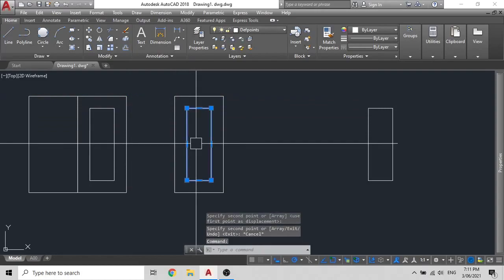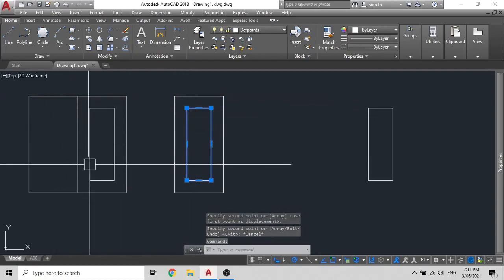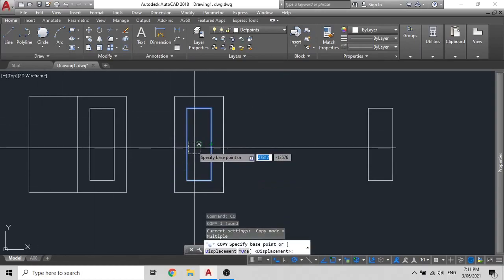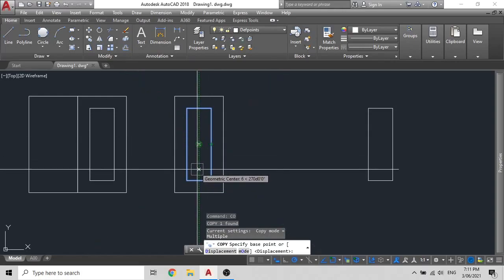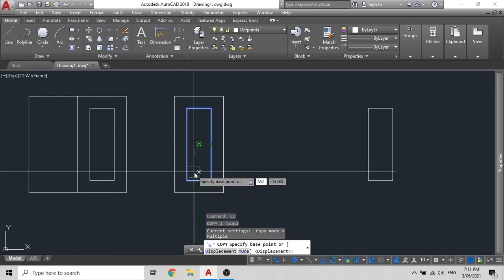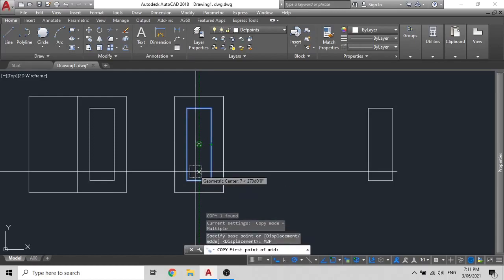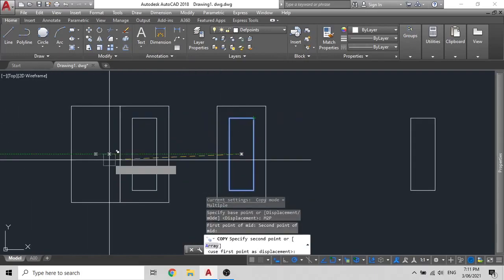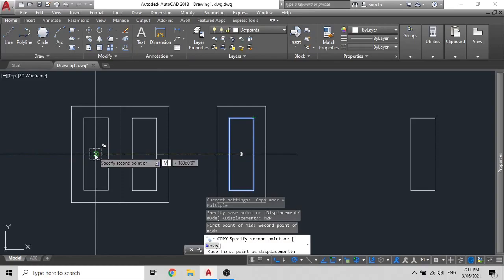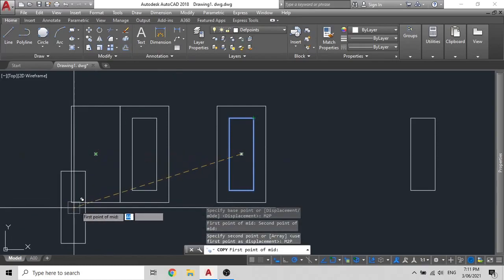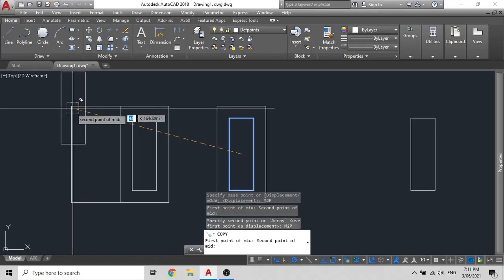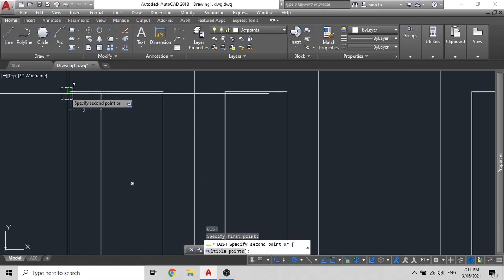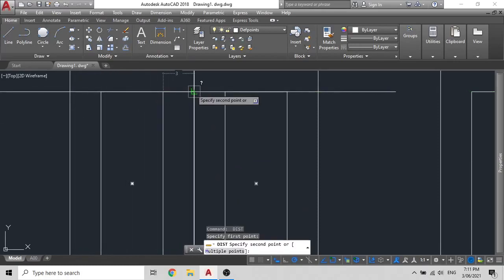Alternatively, if you wish to copy this object into this shape, type CO, press enter, then don't use this center, find your own center. To find your own center, you type M2P for move to point, press enter, then select one diagonal corner and select the other diagonal corner, bring it here, and then type M2P again, press enter. You can select the opposite corners as well, this one and this one. Now as you can see, it has perfectly centered your shape into another shape.